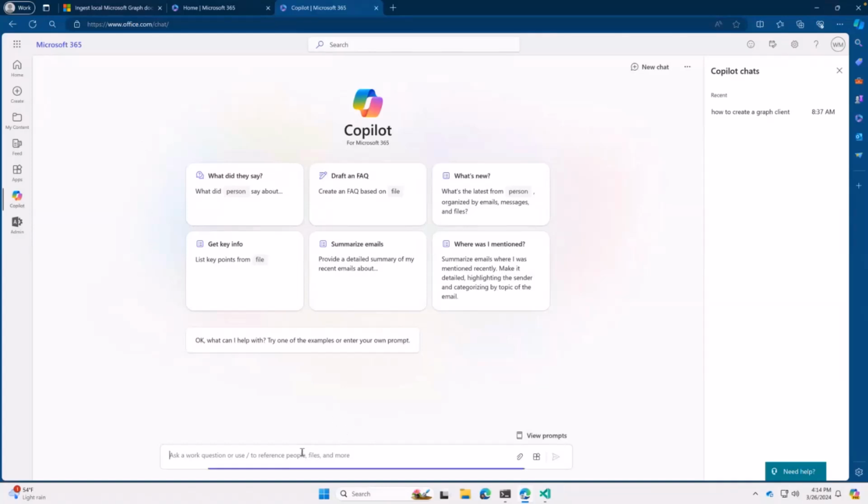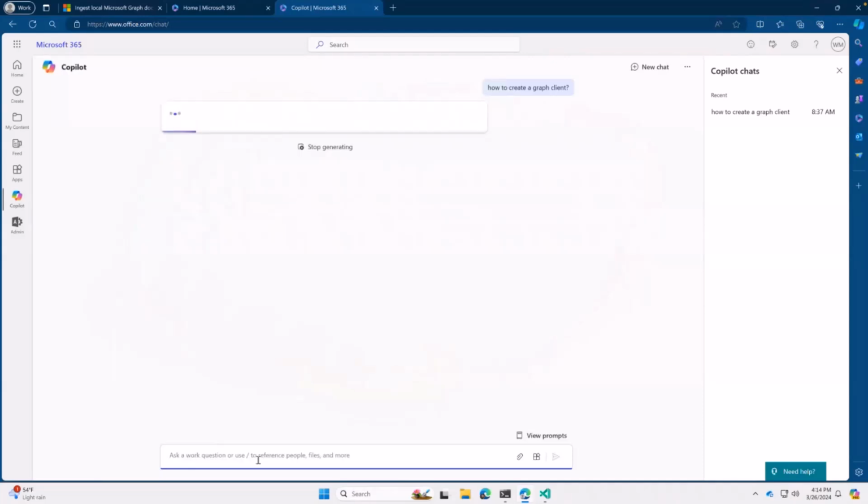So let's start with a simple prompt: how can I create a graph client? Meaning, how can I connect to Microsoft Graph from my app? I'm building an app. I want to connect to Microsoft Graph. How do I create a client that allows me to connect to it? And let's hope that that works,